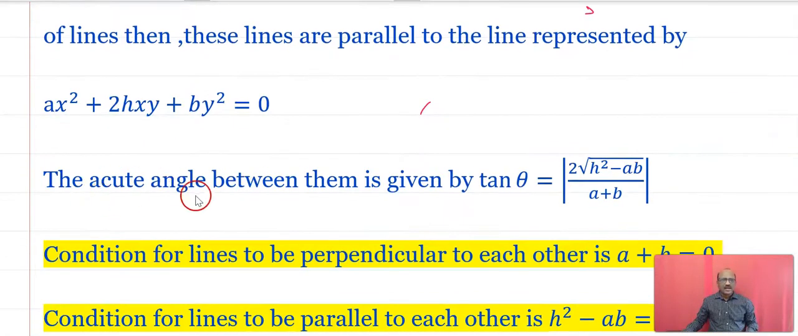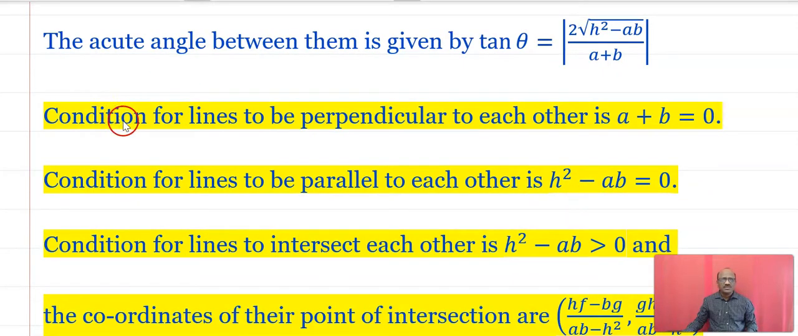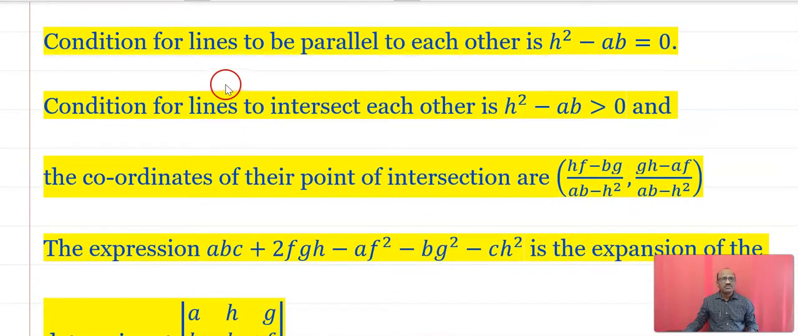The acute angle between the lines is the same. That is, tan θ = |2√(h² − ab)/(a + b)|. The condition for the lines to be perpendicular to each other is the same, that is a + b = 0, meaning the coefficient of x² plus the coefficient of y² is equal to 0. The condition for the lines to be parallel is h² − ab = 0. The condition for the lines to intersect each other is h² − ab > 0,